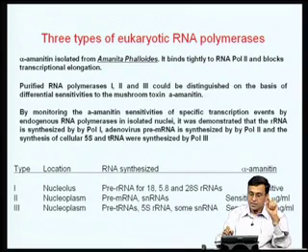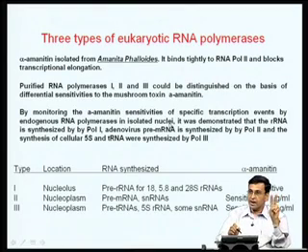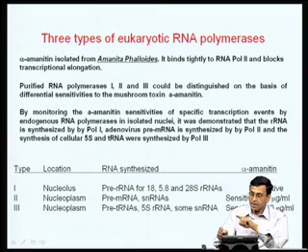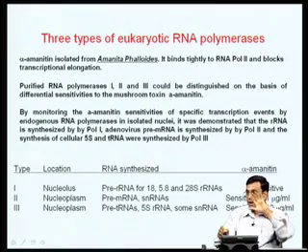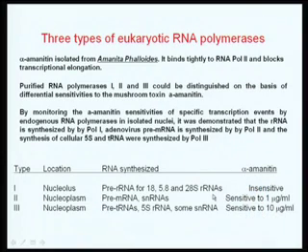Very interestingly, alpha amanitin does not bind to RNA polymerase 1, and it requires a very high concentration to bind to RNA polymerase 3. So, of the 3 RNA polymerases that they identified, RNA polymerase 1 is insensitive to alpha amanitin, RNA polymerase 2 is highly sensitive, whereas RNA polymerase 3 requires, for example, 10 microgram per ml of alpha amanitin to inhibit its activity. So, by simply looking at the sensitivity to alpha amanitin, you can demonstrate there are 3 distinct types of RNA polymerase in eukaryotic cells: an insensitive RNA polymerase 1, a highly sensitive RNA polymerase 2 and an intermediately sensitive RNA polymerase 3.